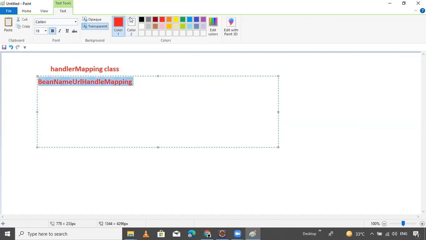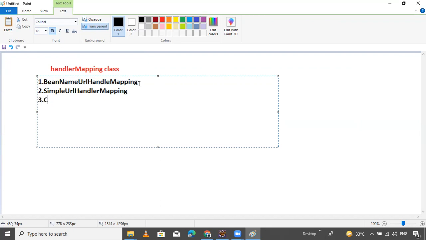This is our first class, guys. And the second one is SimpleURLHandlerMapping. One by one I will give the theory. Then after the theory, I will prepare one example also.